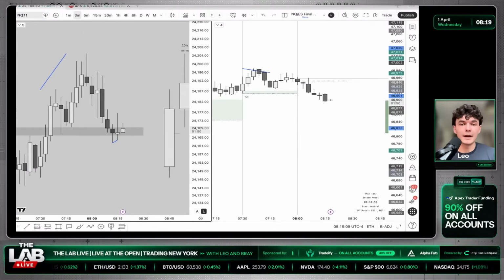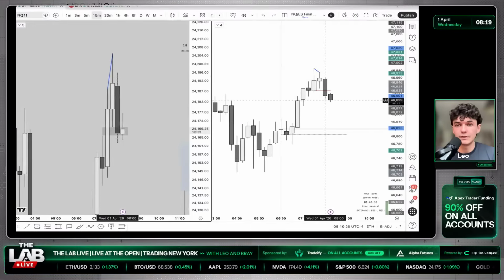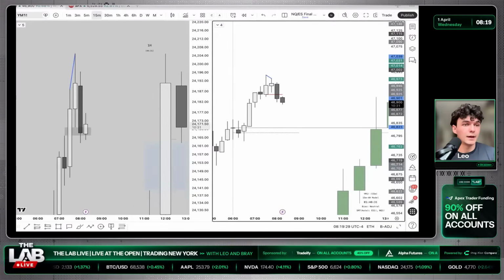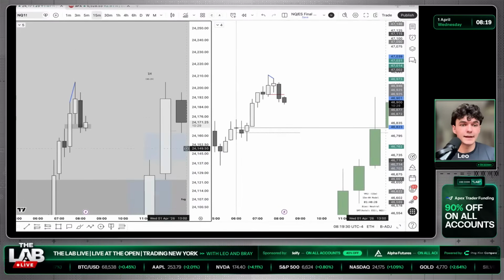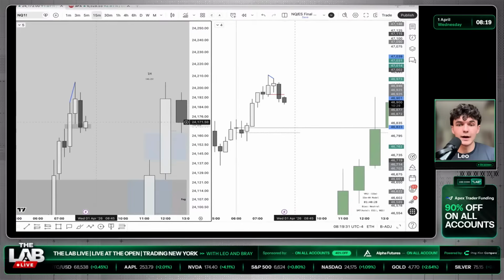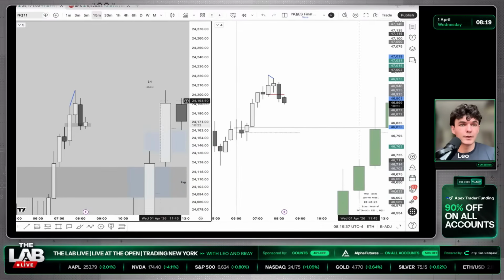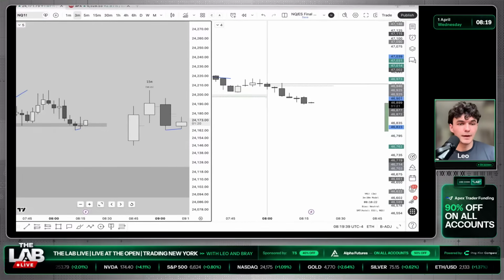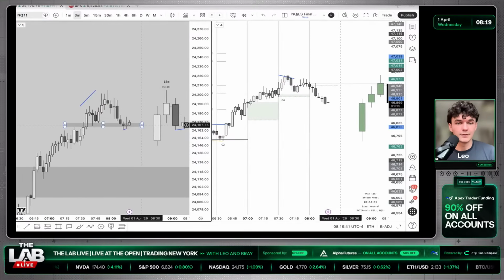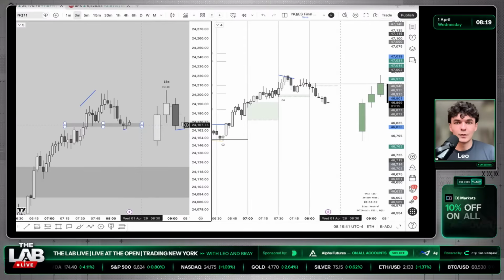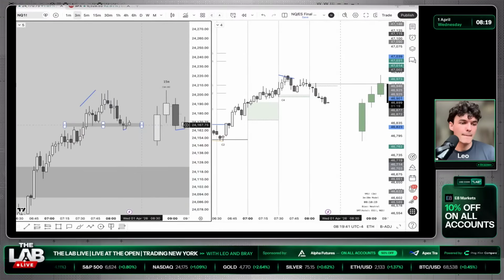So as of right now, these YM shorts on the 15 look more promising, just because we have this leading asset. Nasdaq is just hitting a retracement leg as of right now, but we'll definitely see. Probably prices continue lower here. It just depends on how we react to this 3-minute imbalance, because now we also have an SMT at these lows. It's going to be interesting. We'll see. Good morning, though.